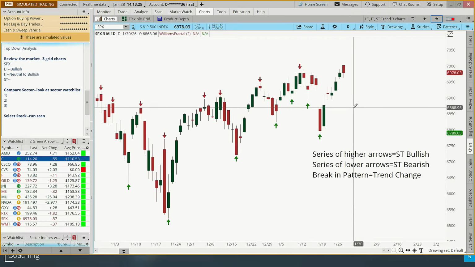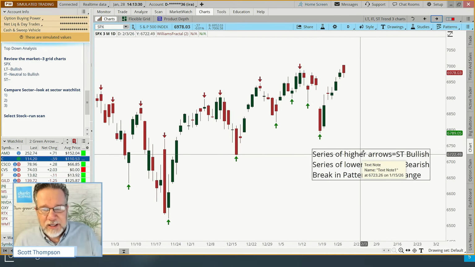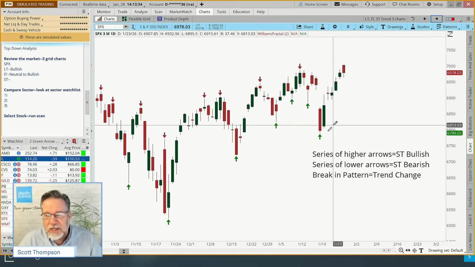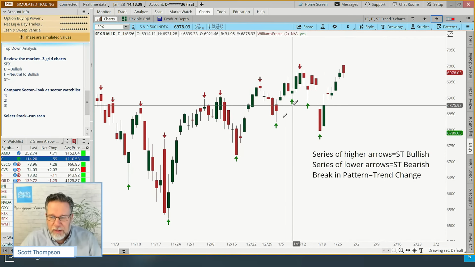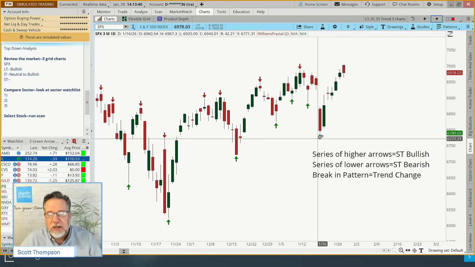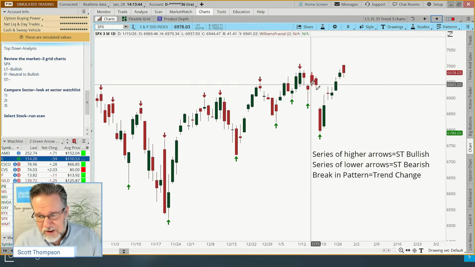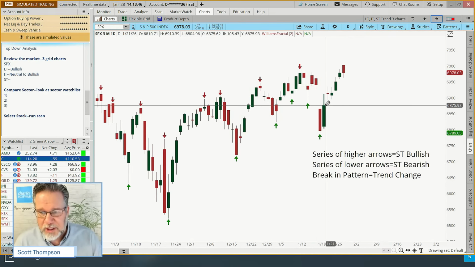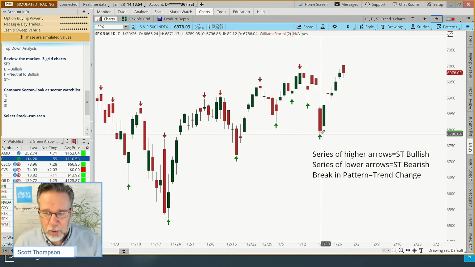And the purpose here is to identify higher highs and higher lows, or a higher series of arrows or a lower series of arrows. But again, here we see this green arrow that we had a few weeks ago was certainly lower than the previous 3 lows. And so that was a short-term lower low. And we could have even said we're short-term bearish, because in my opinion, I think this was a short-term lower high here on the 15th, and then we made another lower low.